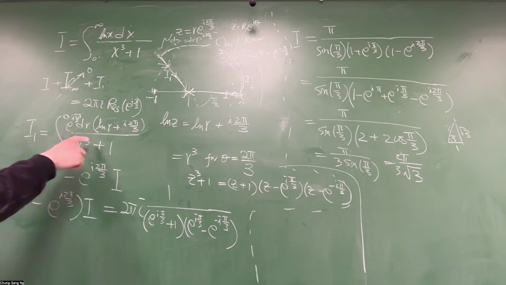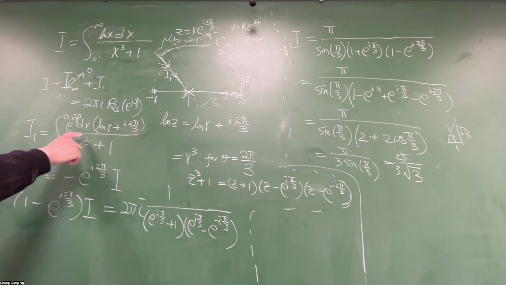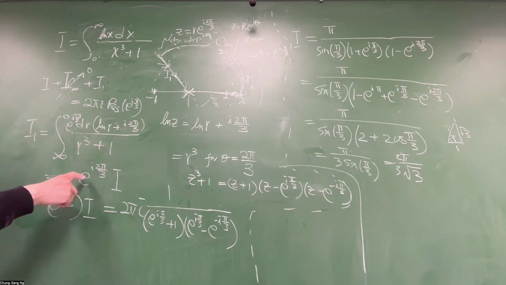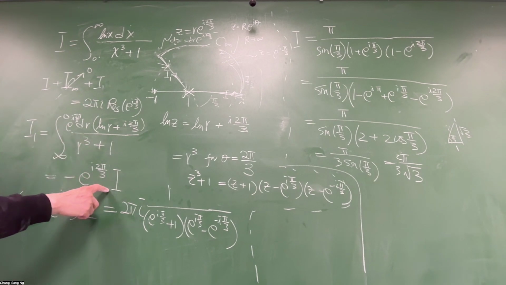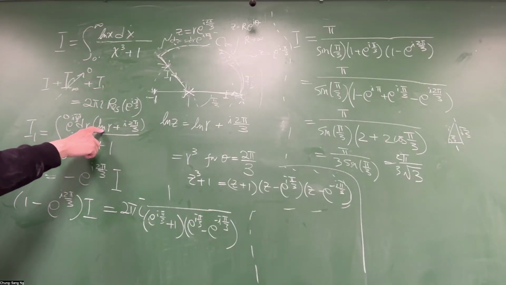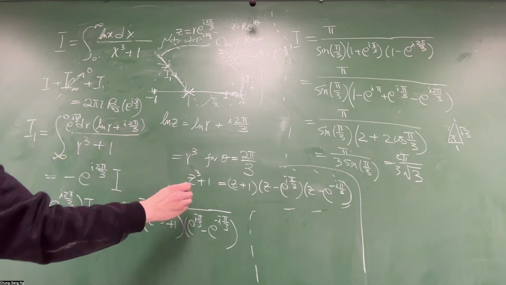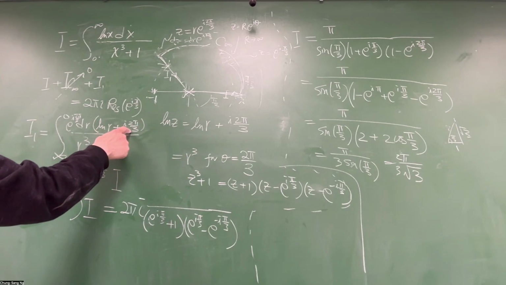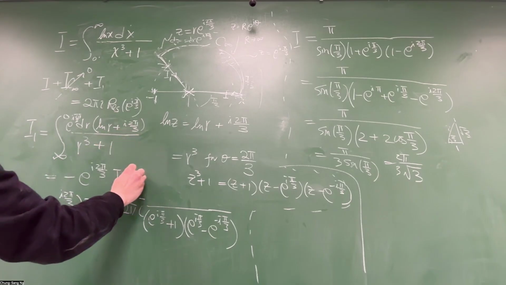And so there are two terms. The first term goes from infinity to infinity, so it introduces a minus sign to go back to here. So the first one is the same, e to the i 2 pi over 3 times I, redefined as this one, which is the first term. And then the second term, you have this extra factor, so plus